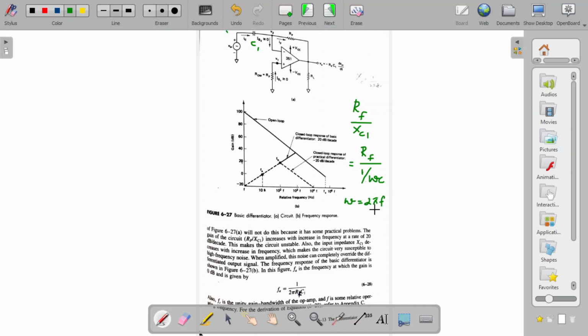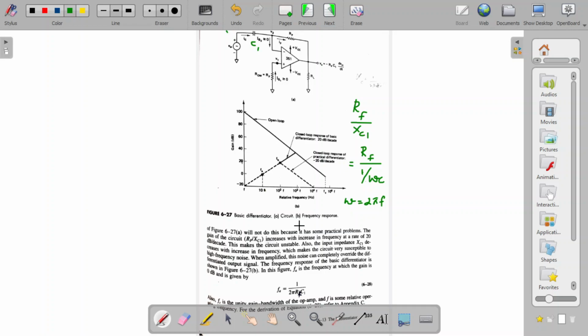So what happens when the frequency increases? This term will increase, and when this term increases, the whole denominator becomes less. When the denominator becomes less, we can say that the gain is going to increase quite significantly. So with the increase in the frequency, the gain will go on increasing as per this circuit. But that has to be stabilized, right? The gain should not increase too much, so the gain has to be minimized.